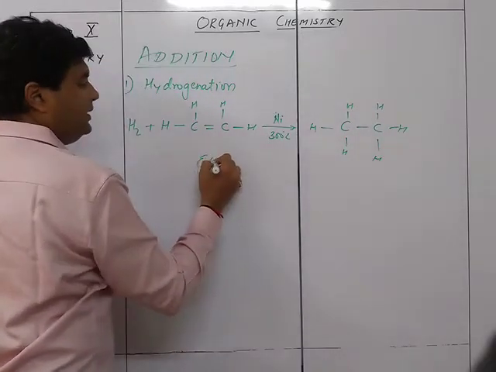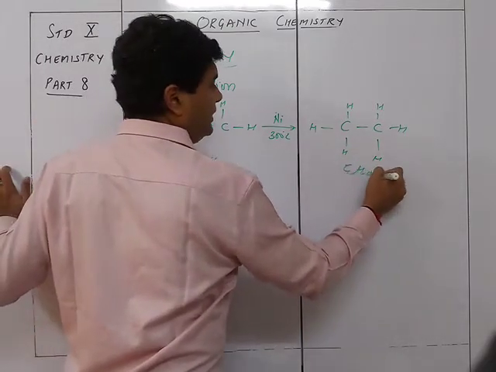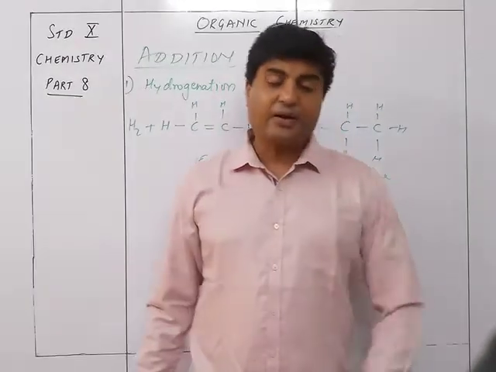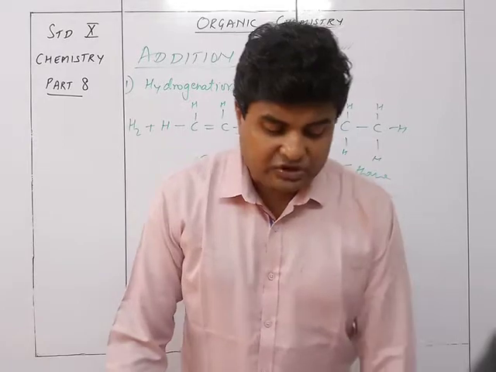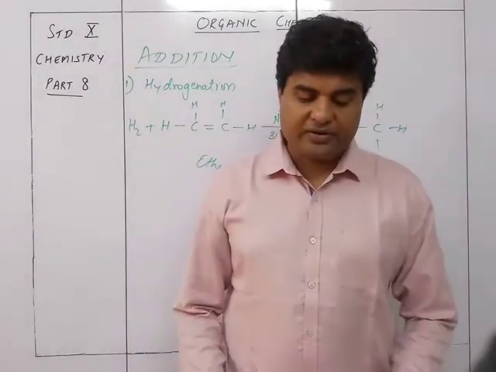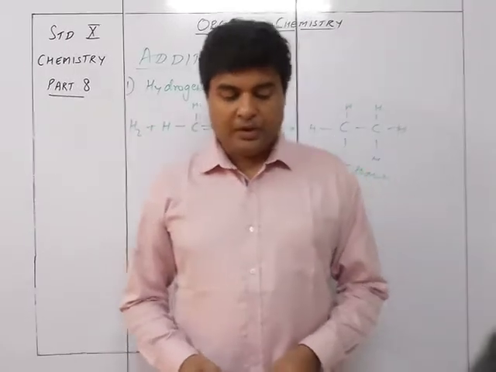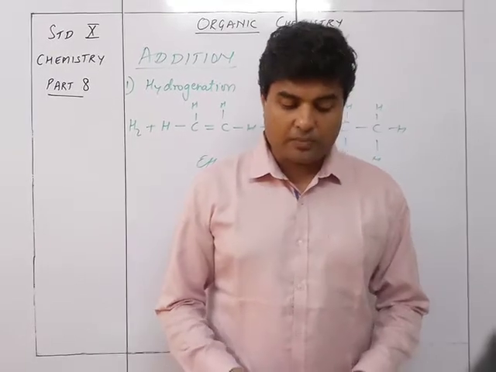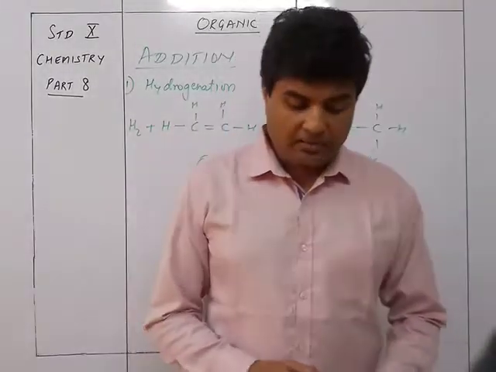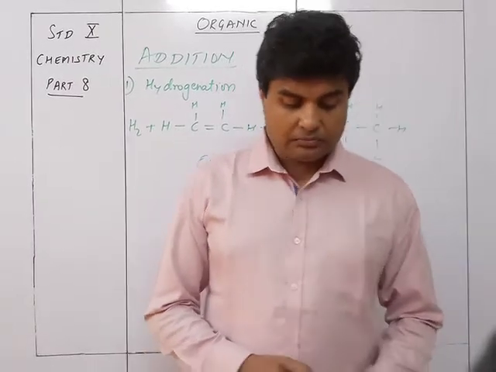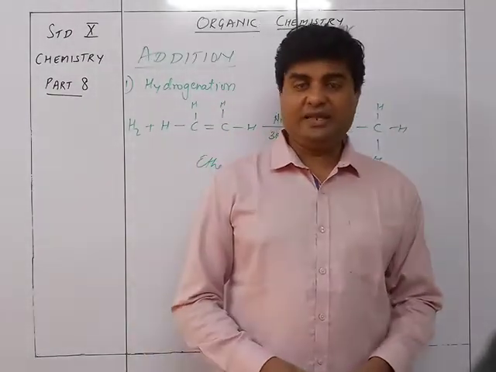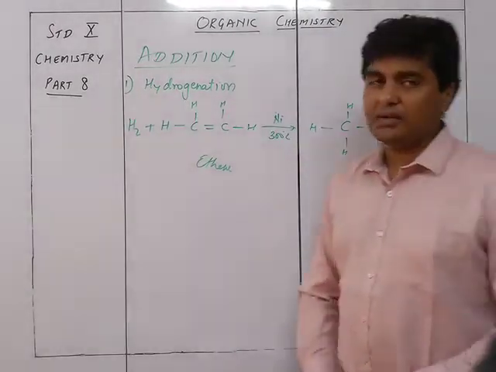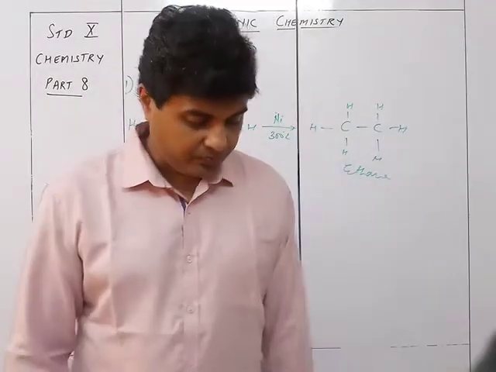So from ethene, it gets converted to ethane by the hydrogenation of this. Catalytic hydrogenation: a saturated addition product formed due to addition of hydrogen at a double bond. Condensed vapors of ethene mixed with hydrogen are passed over a catalyst like nickel or palladium or platinum at high temperatures. The addition product is ethane. So ethene gets converted to ethane with hydrogen being added to it at nickel and 300 degrees Celsius over here.